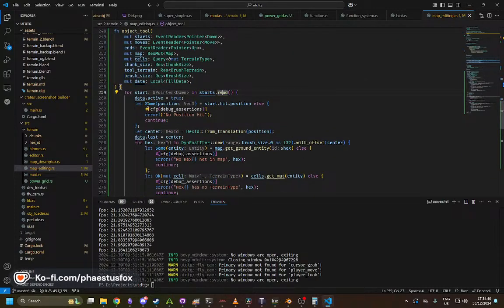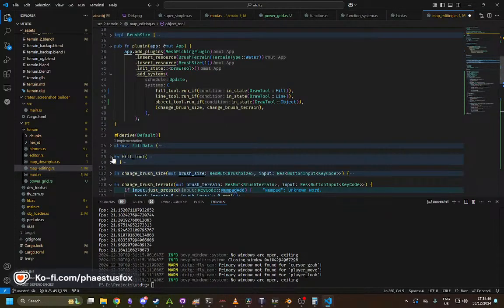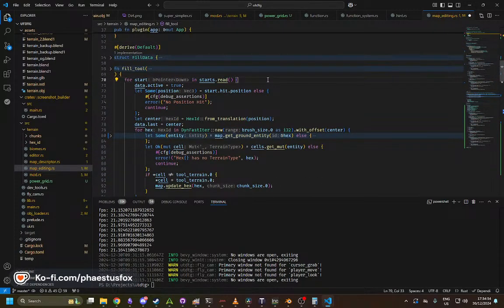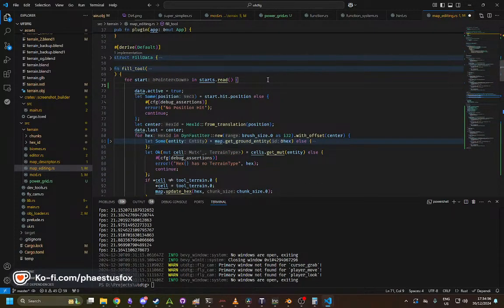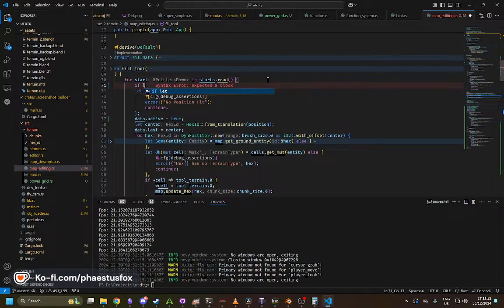All right, so starts.read data.active. Okay. This is something I noticed on my fill tool as well, is it doesn't care what button you pressed, which is not correct. We need to say, hey, let's just say don't activate it until you actually get to the activation point. That's a good idea. I don't think I ever read what brush it is, so we say if